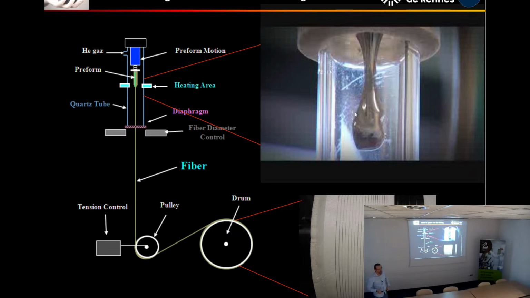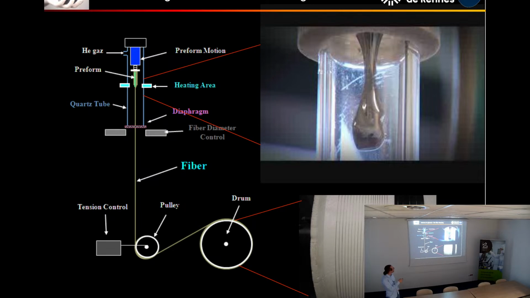Theoretically, I have a video of drawing of chalcogenide glass, but I don't need any video. The drawing of chalcogenide glass is exactly the same procedure as for drawing any other glass fibers. The idea here is to put a glass rod inside a furnace. For chalcogenide glass, the Tg is low. The rod is very small. The preform is short. So our furnace is very small. The size here is a few centimeters long, a few centimeters large, and you have here the beginning of the